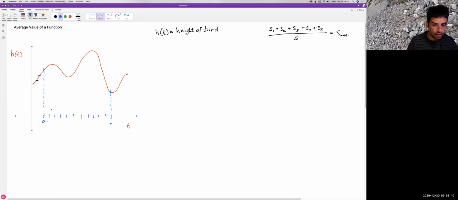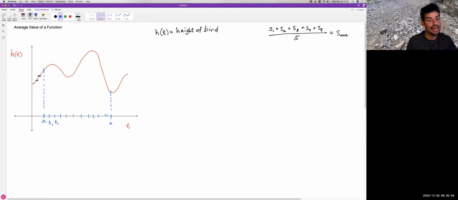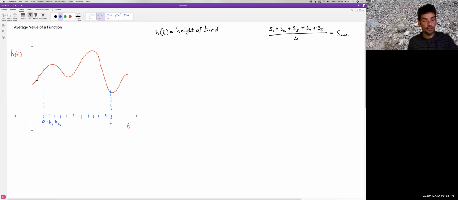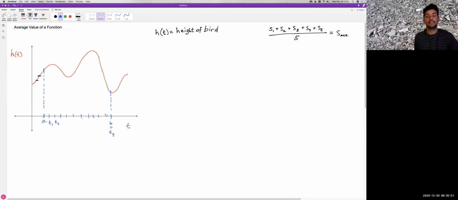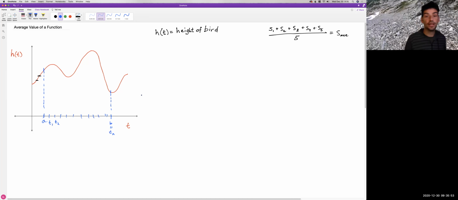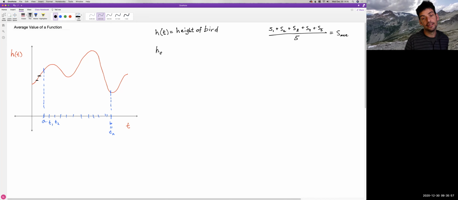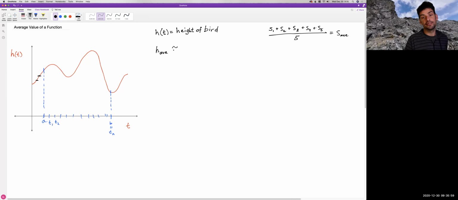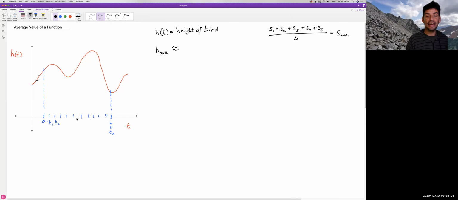Right, so don't worry about how many I've actually drawn. Let's just say I divide it up into n intervals, right? Starting at t1, t2, and on until we get to b, that I'll call t sub n. So if I want to get the average height, I can approximate it by just looking at these n moments